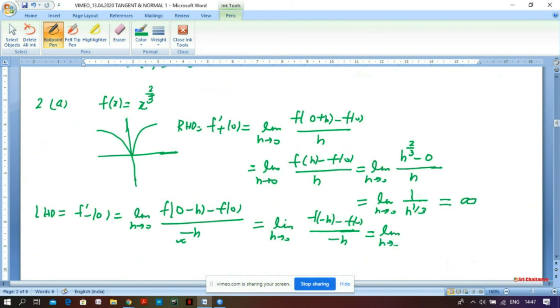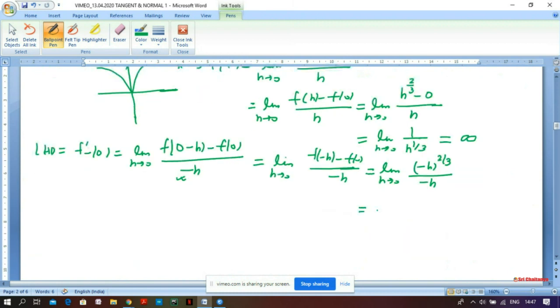So f of negative h becomes negative h whole to the power 2 over 3, upon negative h. Here there is something change. Limit h tends to 0, this still is h to the power 2 over 3